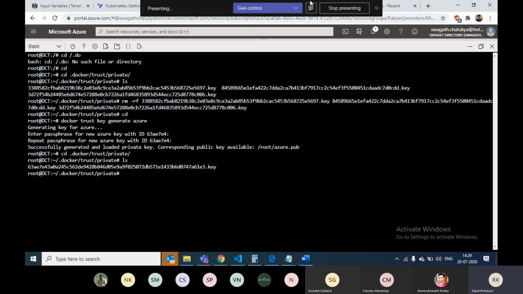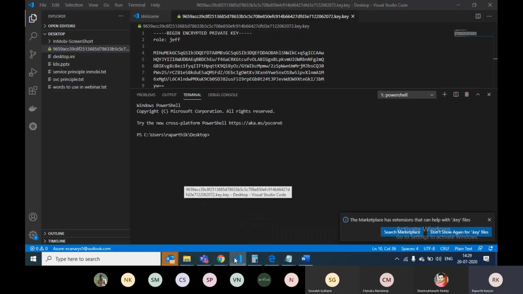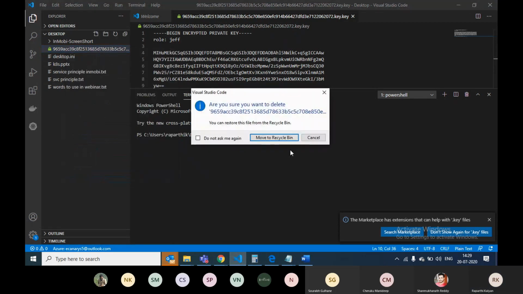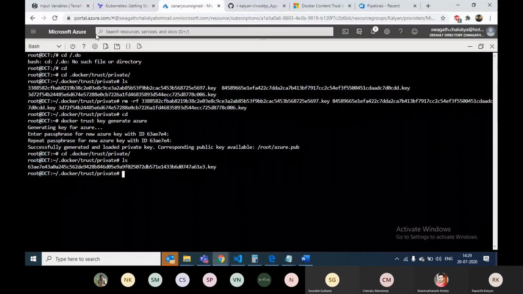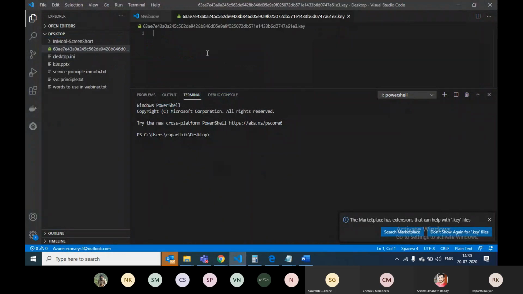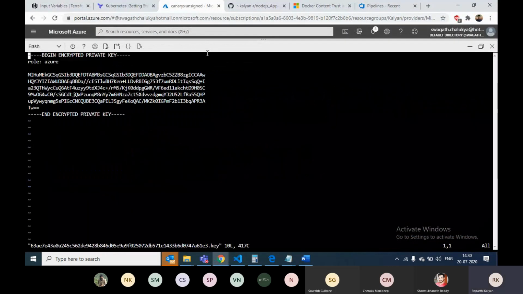I need this image to be used inside my VM, so I'll make a file with this name, and I'll place all the contents present inside this key.